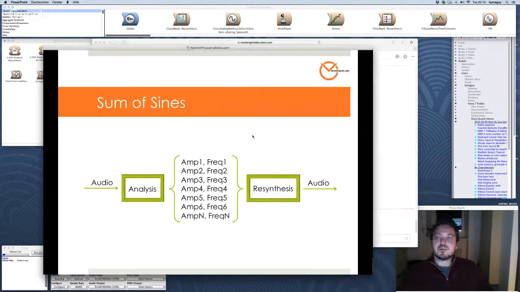So let's start with the sum of sines. Basically, you're sending audio into the analysis. Then you get an array of amplitudes and frequencies for each sinusoid, or sine wave actually. And then you put that array into the resynthesis, which is usually an oscillator bank, and you get audio out. But if you look at that in a schema,